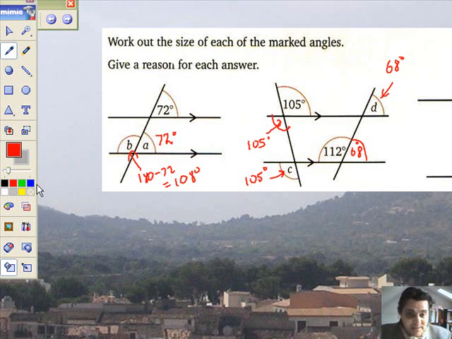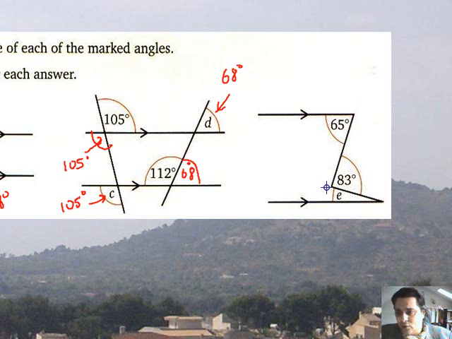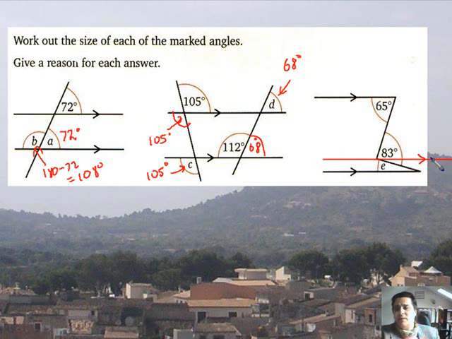Now this one is a very nasty piece of work. Let's just change that bit to red. Now look, parallel lines, horrible, horrible, horrible arrangement. Watch this. I've just shoved an extra parallel line in there to help you see the problem. I'm even going to put an arrow on it. Now look at it very carefully. If these three lines are parallel and my red parallel line cuts through that point right there where I'm highlighting with my pen, then I reckon this part has got to be 65 degrees,